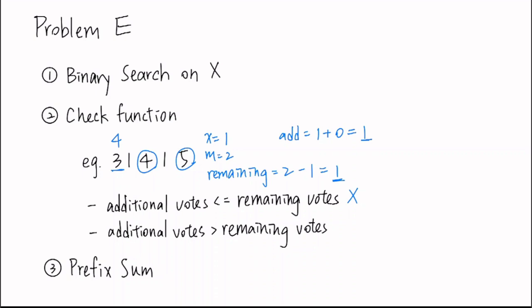And in the other case where the additional votes are greater than the remaining votes, this means that even with all the remaining votes cast, it is still impossible for m candidates to have values greater than candidate 1. So this would work. However, we notice that